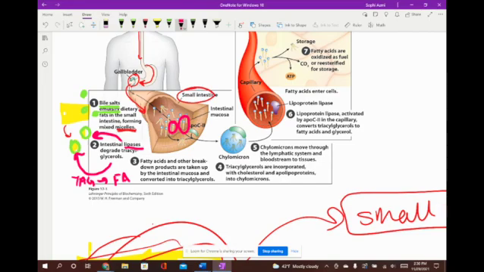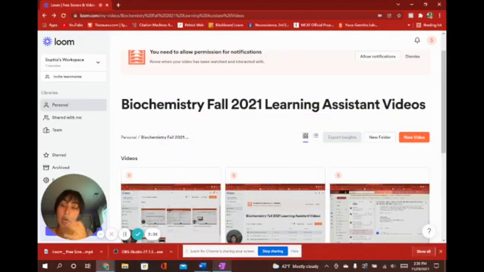That's what it does, the lipase. So now that you get all those things, I told you that the fatty acid can either get absorbed by the mucosa of the small intestine, so it can get absorbed by the small intestines, or we can repackage it. When I say repackage it, I'm saying that